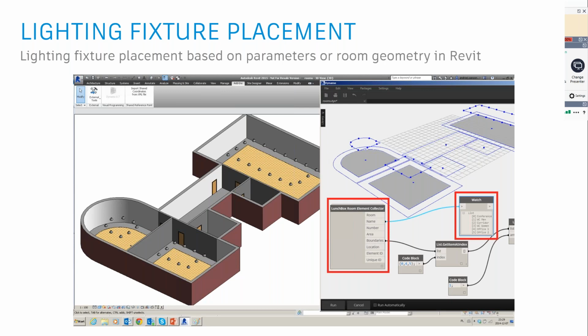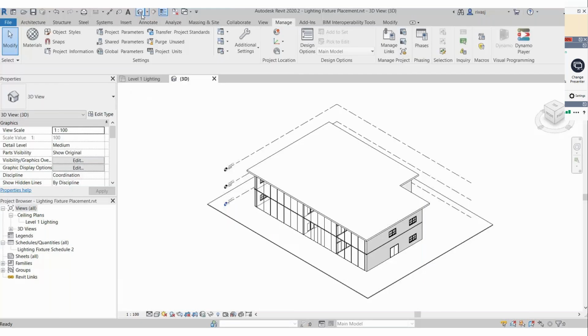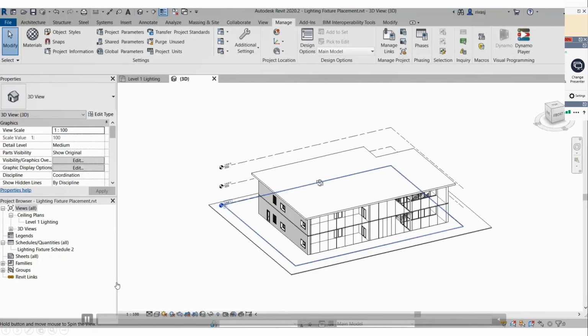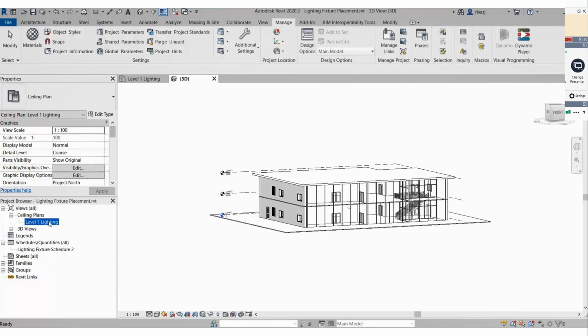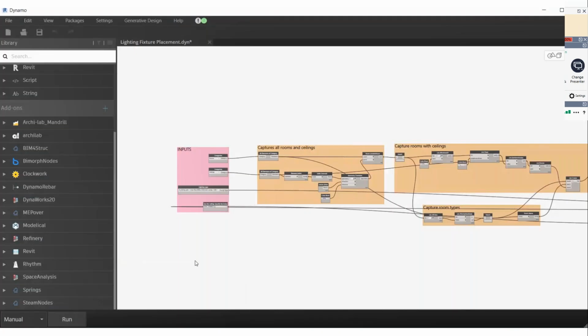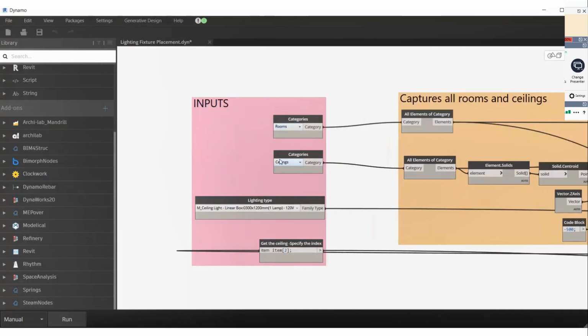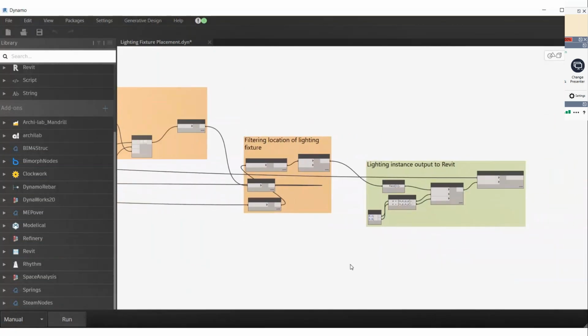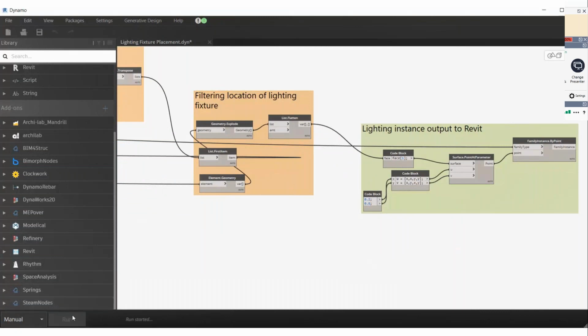Another example, again from a modeling perspective, more from the MEP or electrical side, is automating the placement of lighting fixtures based on certain predefined rules or conditions, as to how I want to place them on the ceilings and what the spacing should be. Again, parameterizing the entire workflow, where you have the inputs defined in terms of spacing and the type of lighting fixtures I need to place. And once that script is developed, it could be leveraged for multiple projects, multiple times, multiple floors.